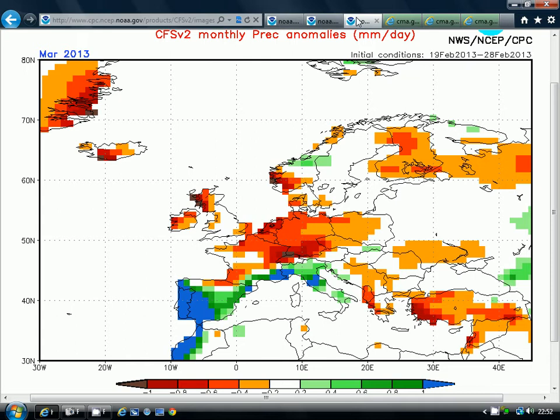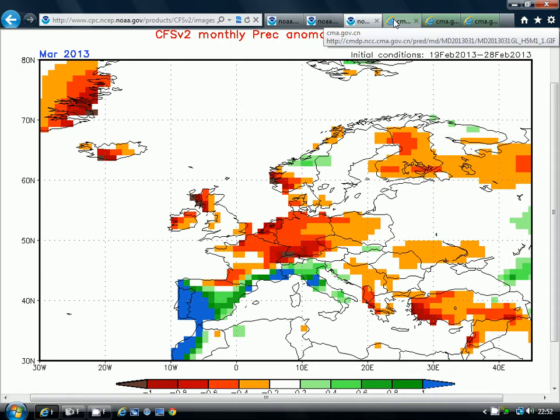For precipitation, the model is showing that we're going to have below average precipitation across many central parts of Europe, and that extends through France in towards the British Isles as well, although in the British Isles the precipitation is nearer normal. And notice actually the driest anomaly is for Scotland and Northern Ireland, close to that area of above average heights, but sitting there away to the northwest. Spain and Portugal are indicated to have quite a wet month actually, and that's indicative of the jet stream, I think, plunging down to the southwest of the country.